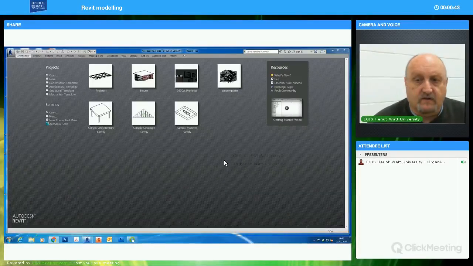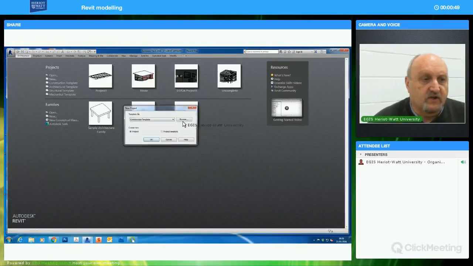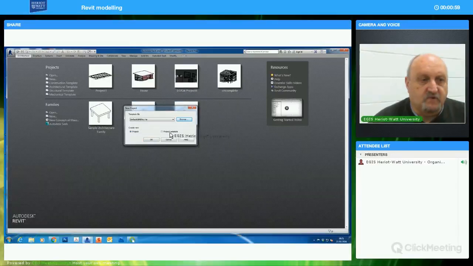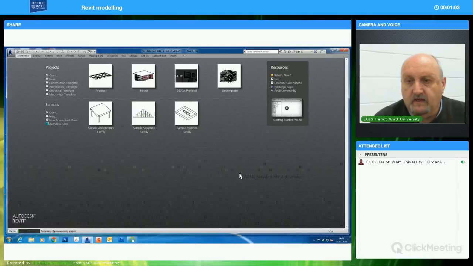So if you open up the modelling tool Revit, go to New, under Projects, and I need you to browse to the templates, and the default template is the one that we'll use here today. Let's make sure this says Project and not Project Template, and that will open up a blank